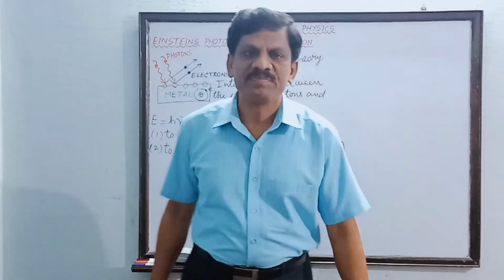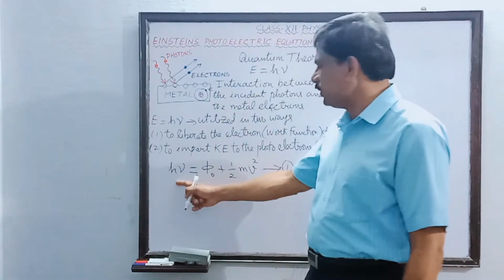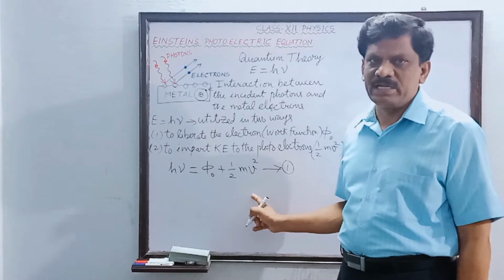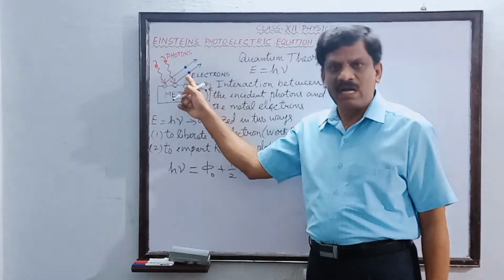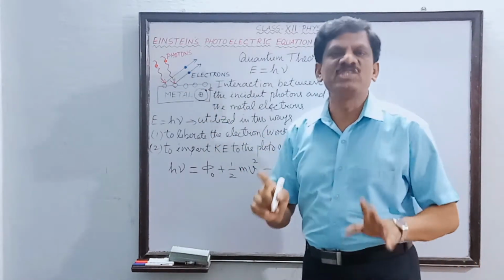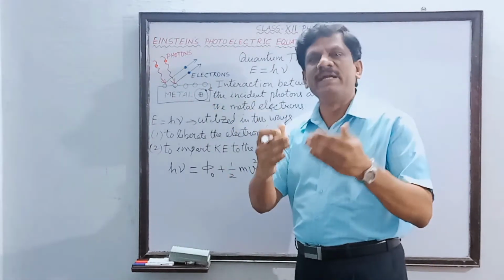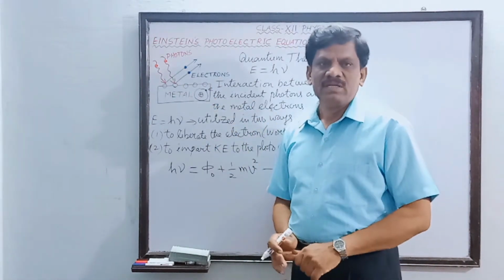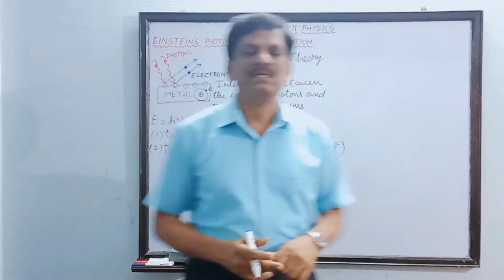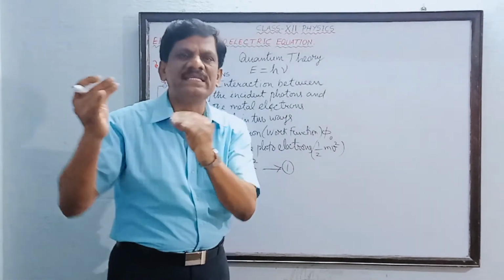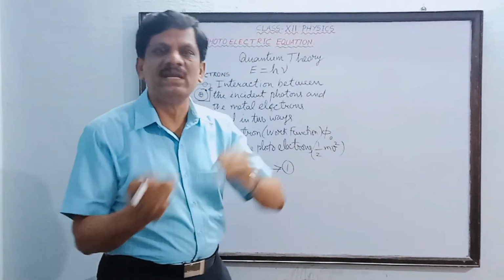You tell me. Okay. So hν is equal to what? Φ₀ plus half mv². You can look at the picture on the board. I have drawn it in such a way that the electrons are coming independently without colliding with each other. Normally, when more photons are incident, for every single photon, one single electron only will